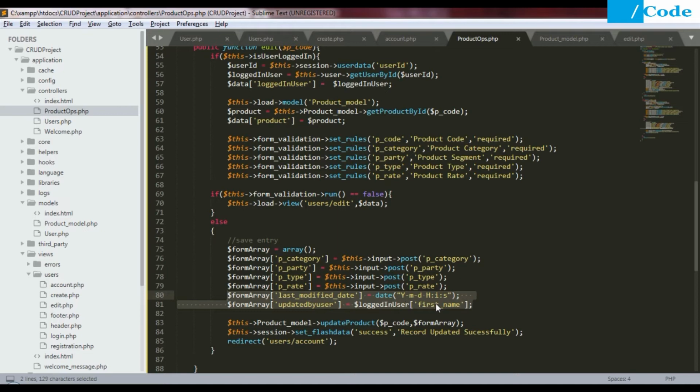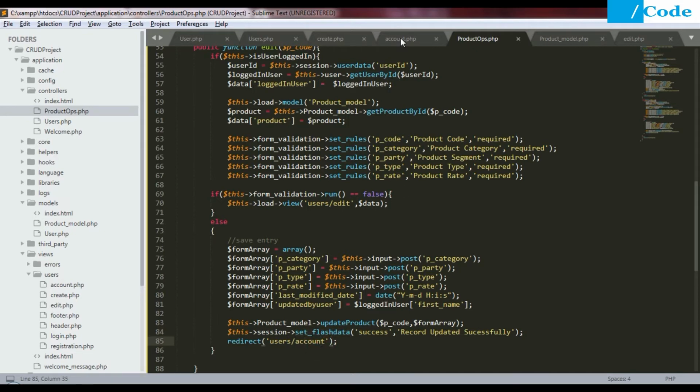So whichever user is logged in, it will take that first name and the current date time and set them in that, and then we are going to call the update product. Inside that we are going to pass the p code and form array, and we are going to set the flash data as record updated successfully, and redirect to the user slash account page.